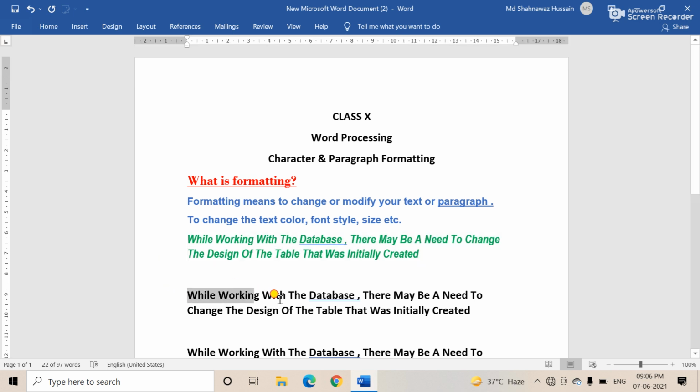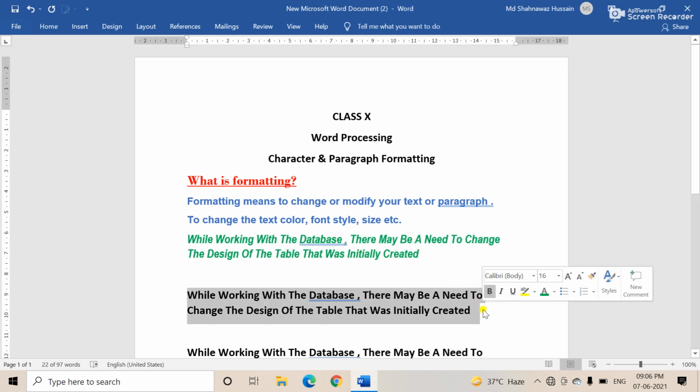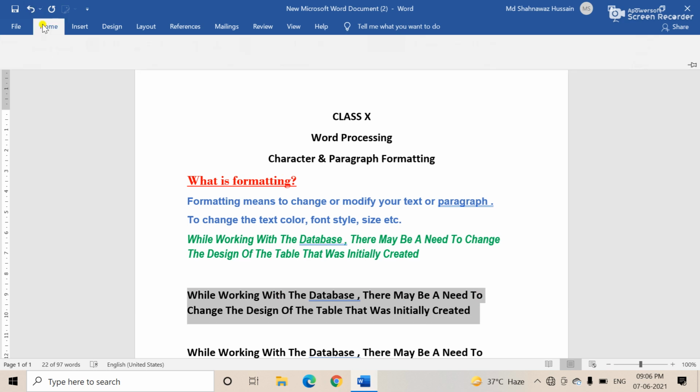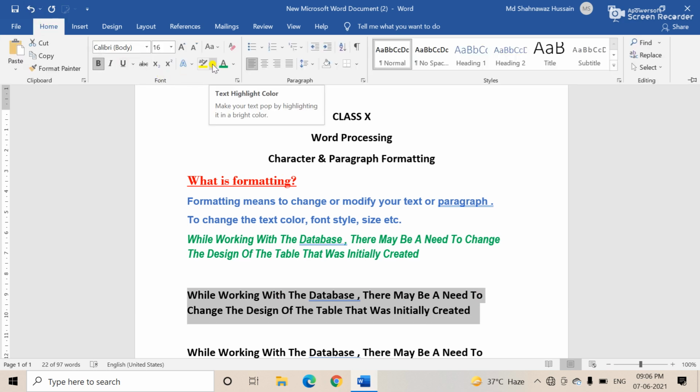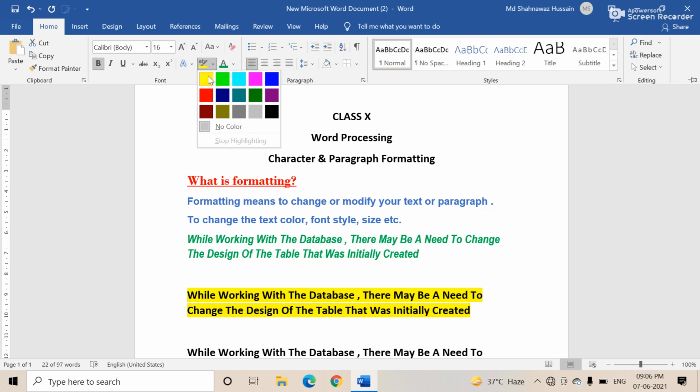Okay, and the next one, again you select. Many options are there. Here is the background text color, your working area actually. See, if you select any color from there. If you do not like the color, just click No Color. But I am going to apply any color.